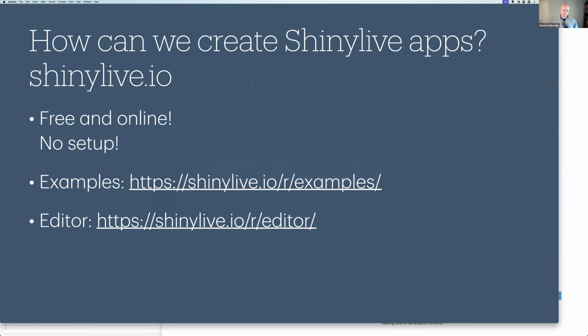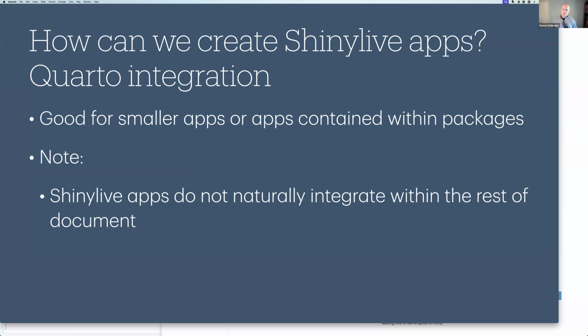And slides. You can put shinylive into Quarto. There's a Quarto extension that needs to be installed. It's nice. It's useful. It's not fully what I want, but it's very helpful to embed an application, self-contained application.